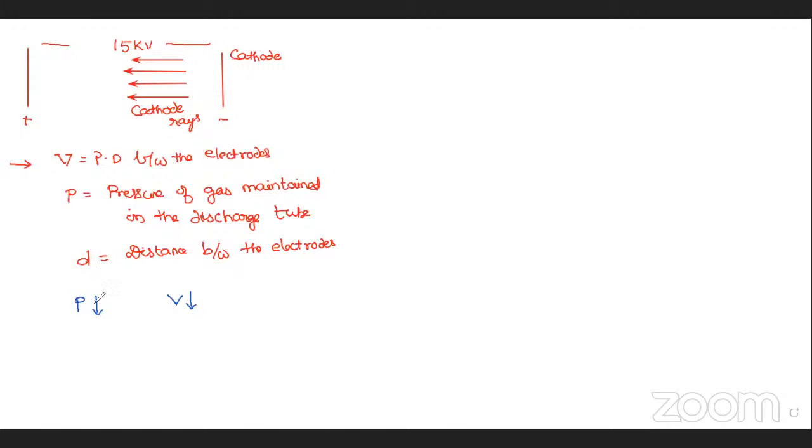So when the pressure is decreased, the potential difference you have to maintain between the two electrodes to create a flow of cathode rays reaching the other end is lower. The gas is behaving like a conductor now. Previously it was an insulator at 760 mm of Hg, 1 atmosphere. Now the same gas behaves like a conductor at low pressures, because it is conducting current from here to there, which we observed in the ammeter we connected yesterday.